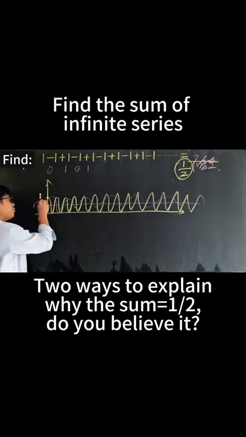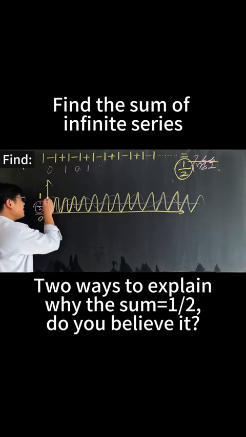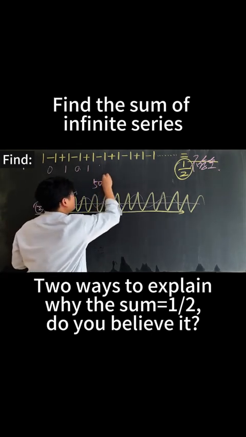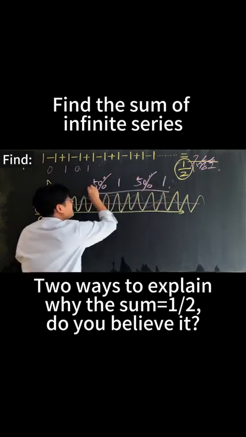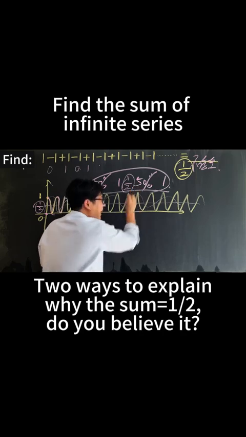If this still isn't clear enough, there's another way to look at it. This guy, sometimes it's 1, sometimes it's 0, sometimes it's 1, sometimes it's 0. There's a 50% chance it's 1 and a 50% chance it's 0. So, what do you say it is? Of course you take the average value, right? 1/2. Still not a satisfactory explanation, is it?